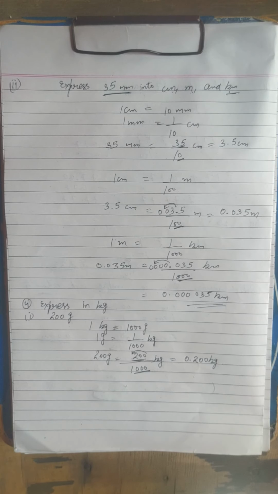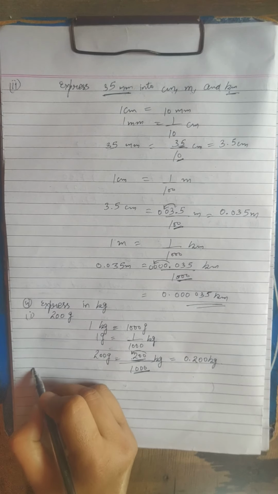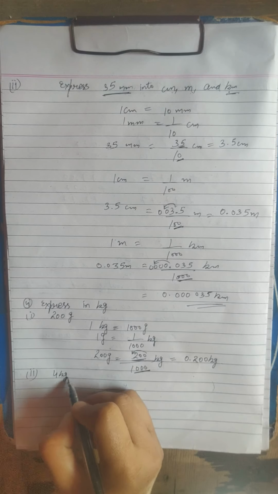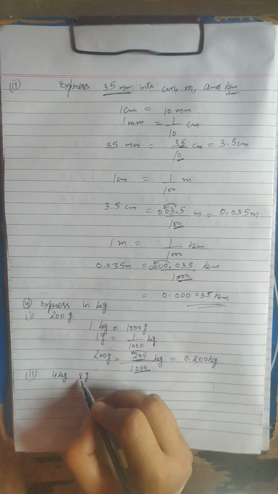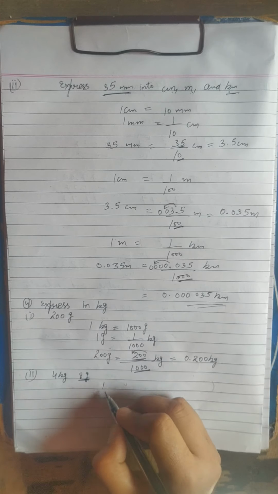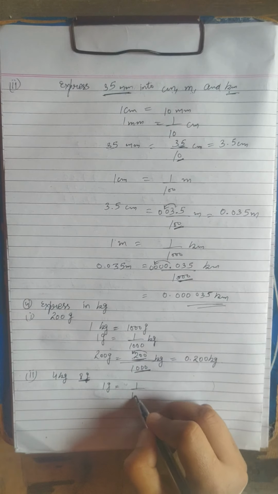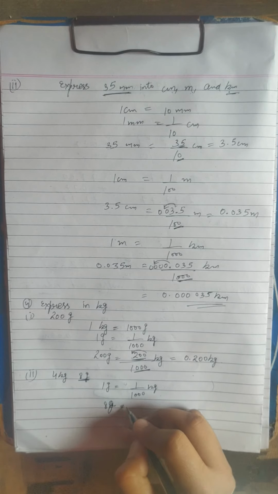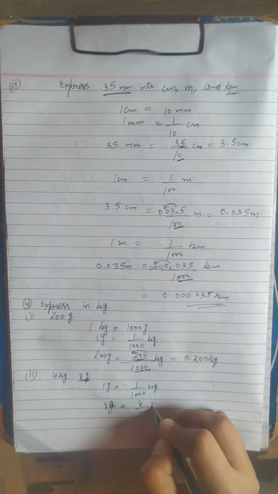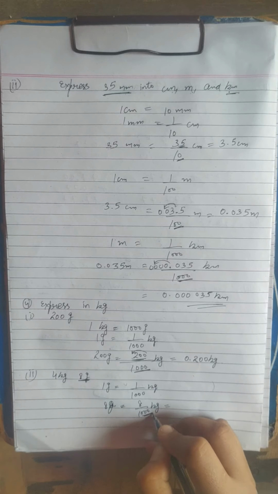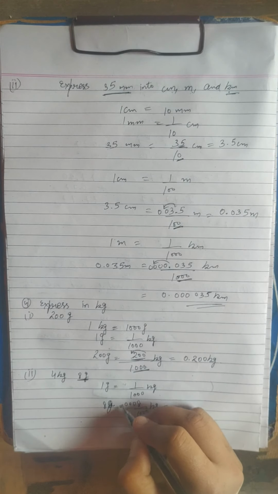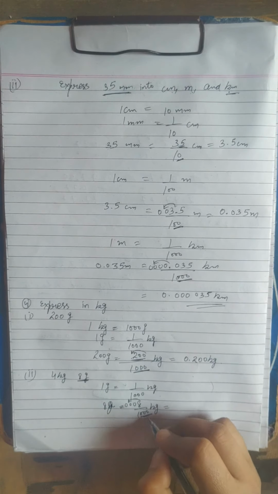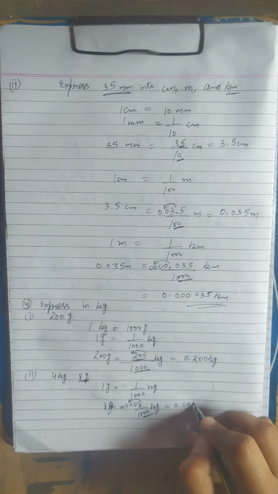Fine. Our next part is there 4 kilogram and 8 gram. Okay. So firstly we will convert gram into kilogram. So 1 gram is equal to 1 by 1000 kilogram. So that means 8 grams is equal to 8 by 1000 kilogram. See now how many digits we have to leave in decimal part? 3. Okay. So leave 3 digits. Okay. So this is equal to 0.008